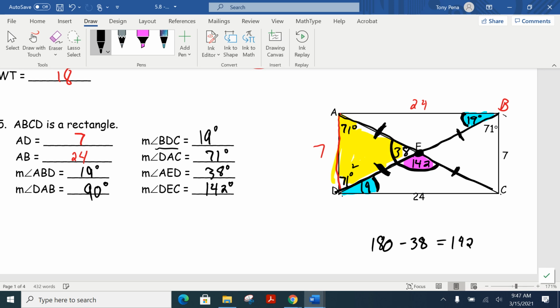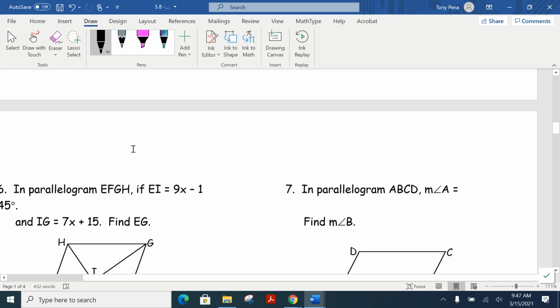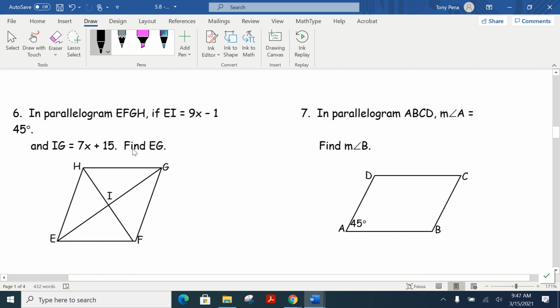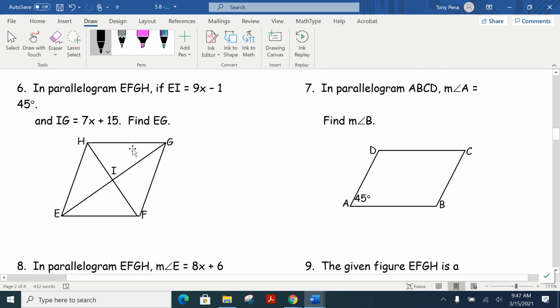Okay. That's our rectangle. All right, these now, a little bit of algebra. So these are a little quicker, not as many questions, but these are now the ones where you got to know your properties. You got to be able to set up your equation, solve the equation, and then make sure